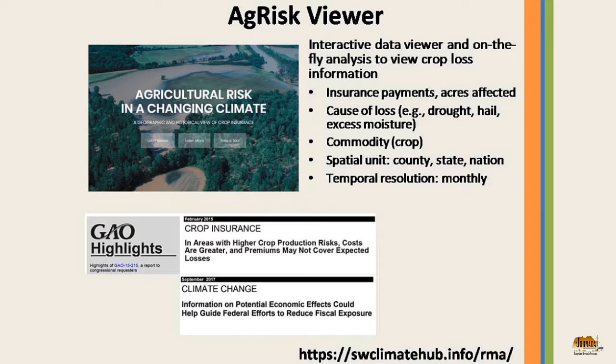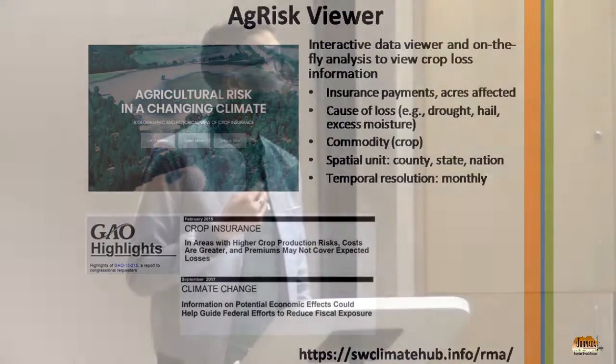So Jeb and I and a lot of folks here at the Jornada have been working on this tool to really provide an interactive data viewer to download the data, but also view the data on the fly. Because at the moment, or still, they're just Excel files on a website, which is not how it should be. So the website's down here at